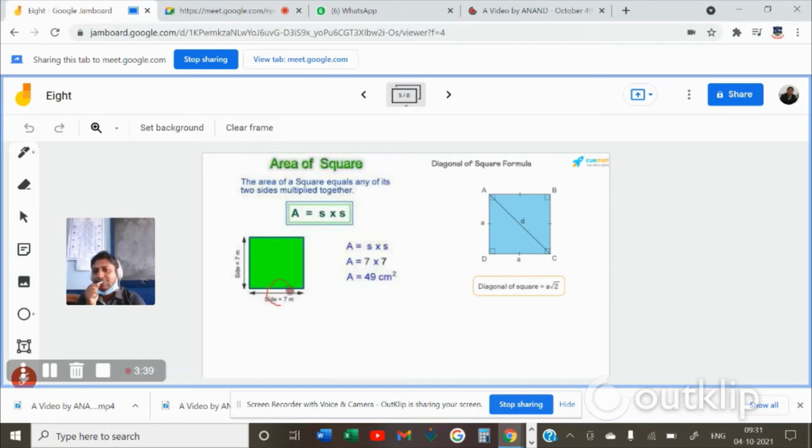If you see this 7 meter out here, this is also 7 meter, this is also 7 meter, this is also 7 meter. Now my question to you is, what is the perimeter? Not the area. Perimeter hint is you have to add all the four sides. That means you have to add 7 plus 7 plus 7 plus 7. Now come on, do it first and tell me. Oh my God. It is not 24. Divya Darshani, what is your answer?